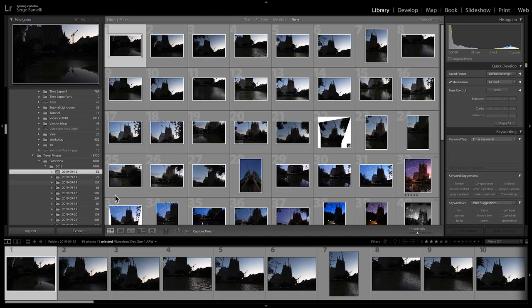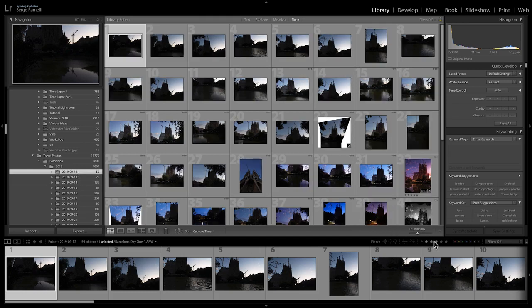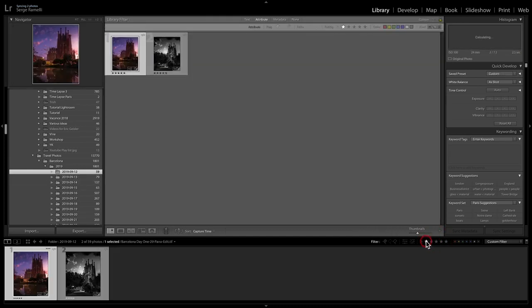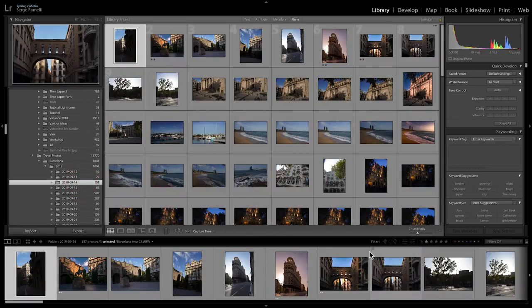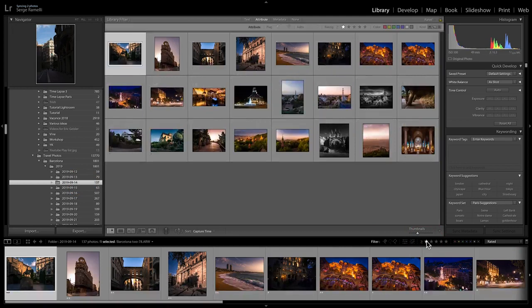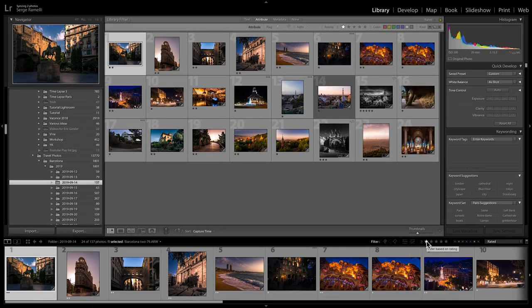There's one little trick. If you're like me and you're on the road and you're retouching your photos, and you're giving star ratings and you are working on the road, which is what I did when I was in Barcelona. If you want to make sure that whatever you did on the road, let's say you're using the same technique as me, you're retouching your photos, but you're working on a Dropbox folder, and so your photos are being sent to the cloud and to your home computer, like I'm doing.